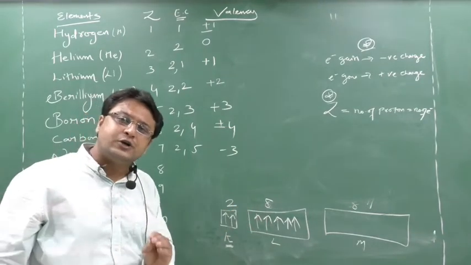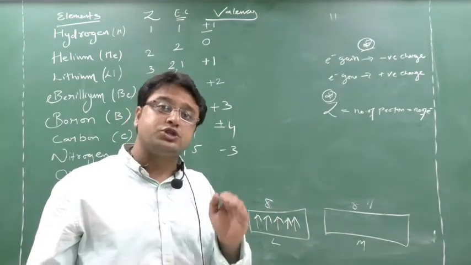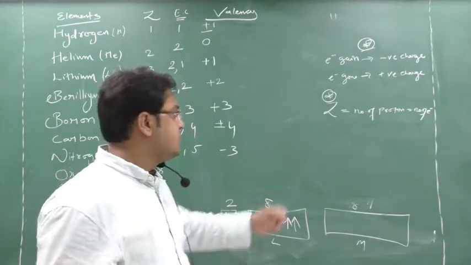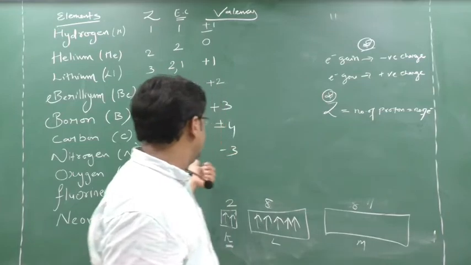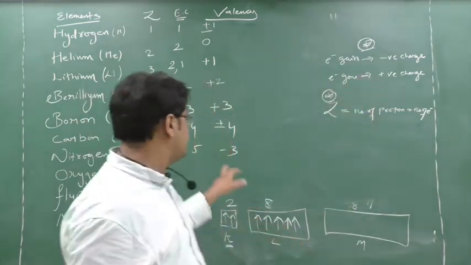Decreasing 3. So this nitrogen will think, if I don't get a room now itself, where will I go? So he will try to search for 3 more persons. So he will search, means he will gain. How many will he gain? 3 electrons he will be gaining. If 3 electrons are gained, electron gaining means which charge? Negative charge. So here minus 3.